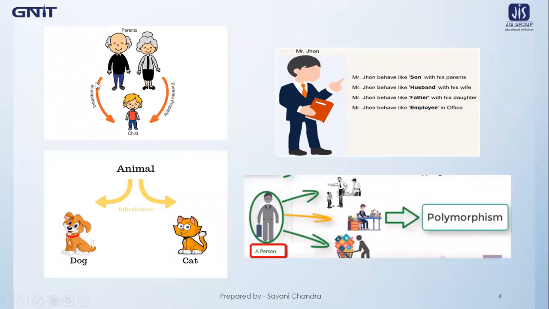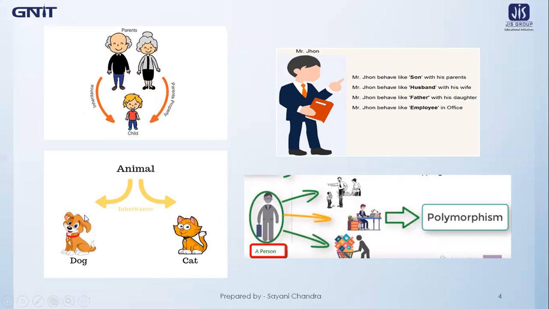If we consider this example, the first 2 persons are parents and the next person is their child. So the child has actually inherited all the properties from their parents. So the parent class's properties are being inherited into the child class. So this concept can be thought of as an inheritance concept. This concept is always applied in any family hierarchy.